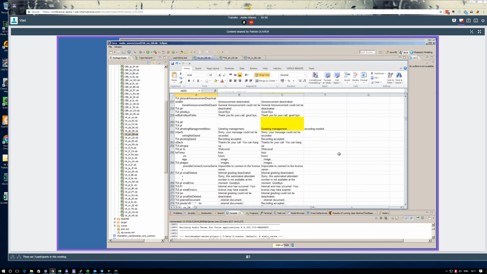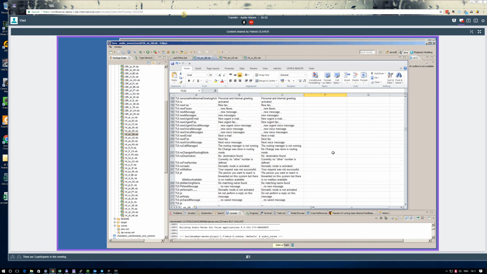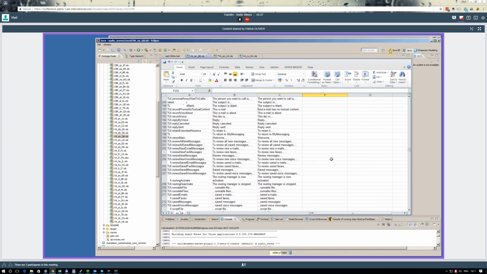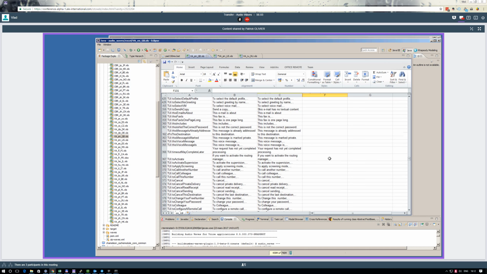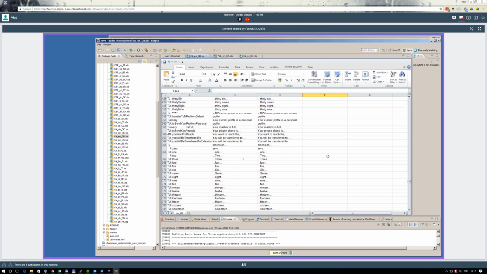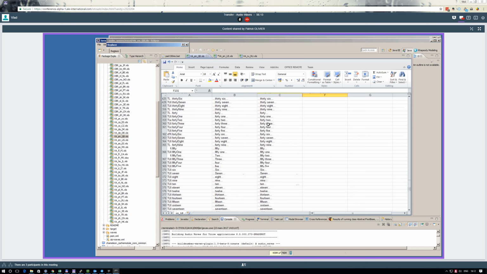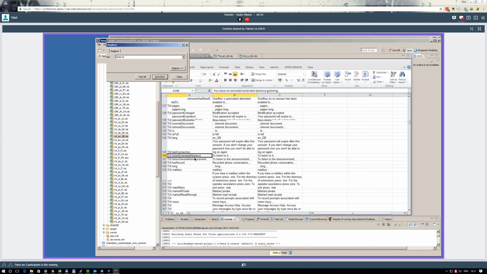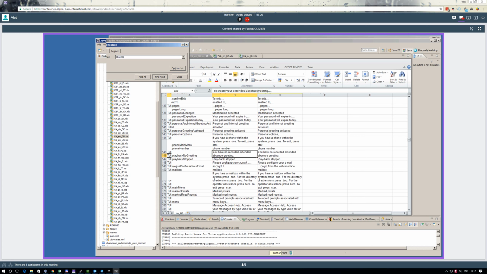We found a solution to fix that problem. The problem was that in the wave, the word absence was missing: it should be an extended absence greeting in place.